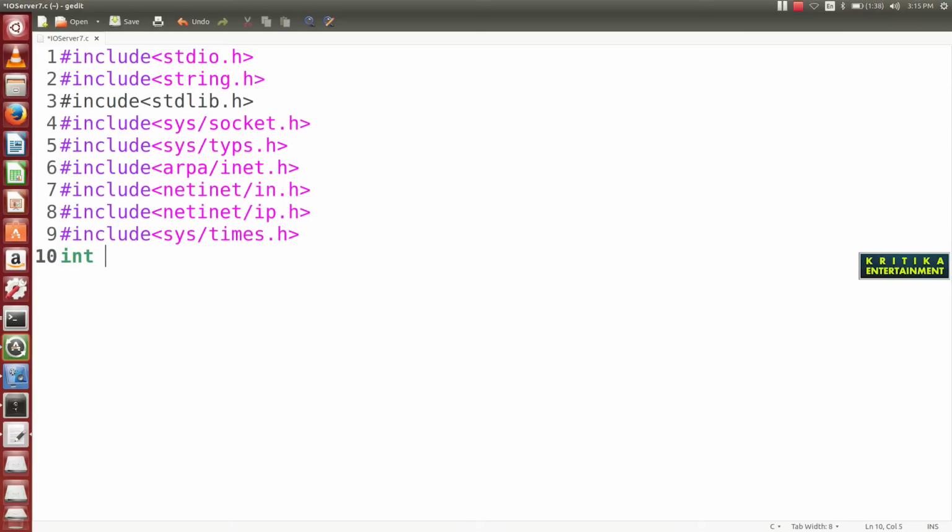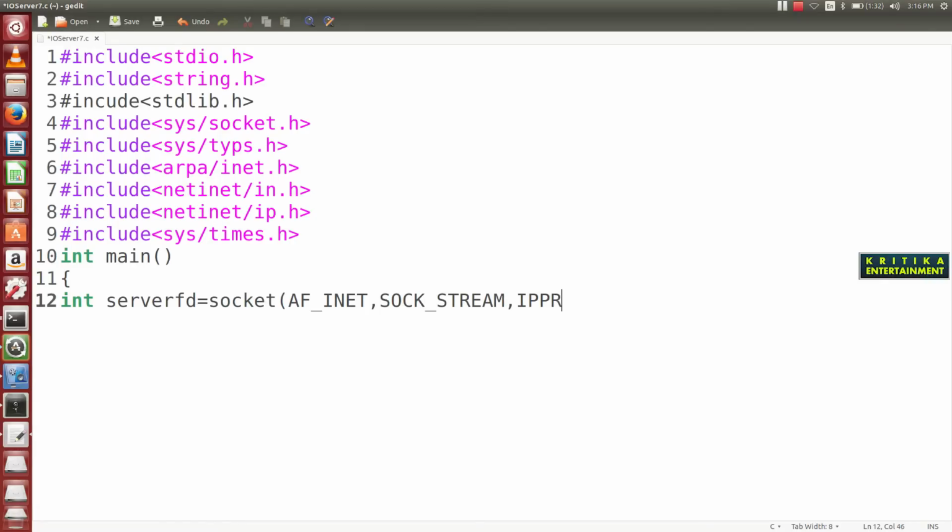So it is a very big program, so keep patience and watch carefully. Here I will declare server_fd equal to socket, and inside socket I will declare AF_INET as the domain, then SOCK_STREAM, then IPPROTO_TCP.